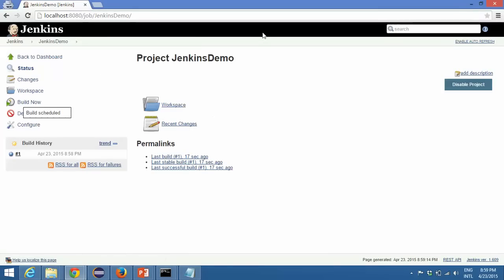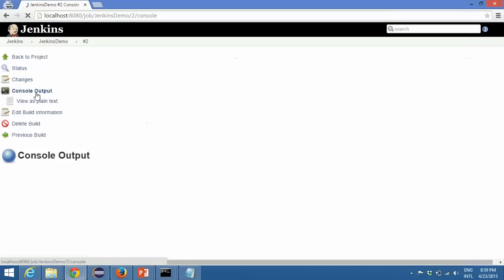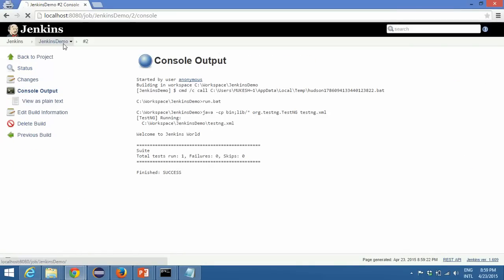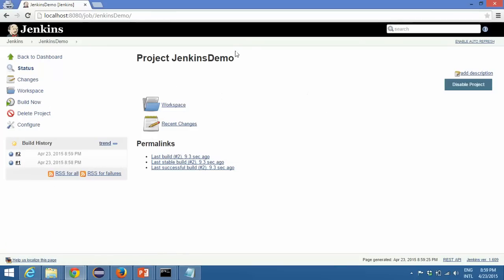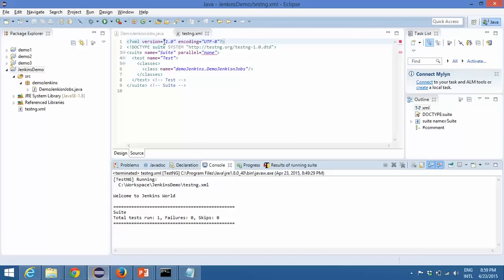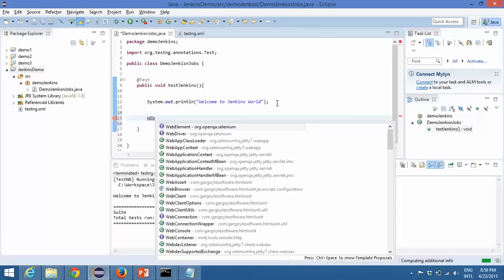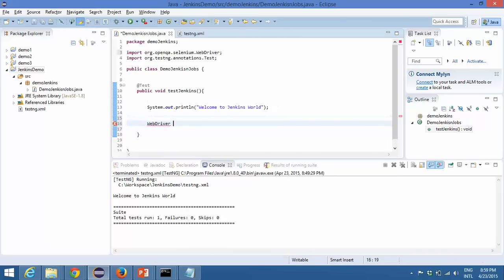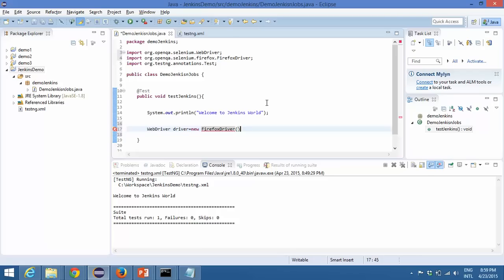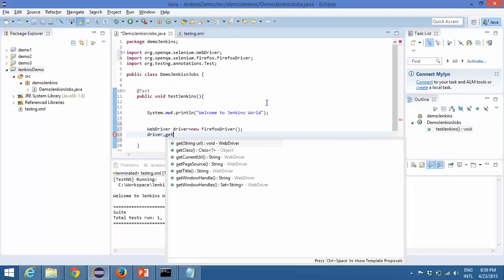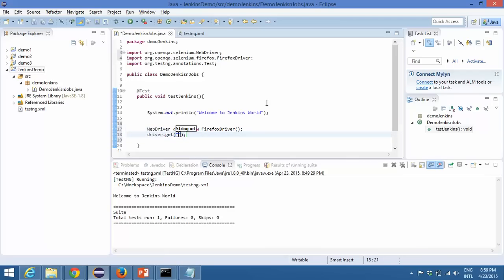Click on build now. It's executed again and it's running very fast because we are not running any Selenium script. Simply I'm using one system.out.println. So let's specify here. So I will start a browser, WebDriver driver equal to new Firefox driver, and I will pass URL and I will specify one dummy application. So I will take Facebook, www.facebook.com,